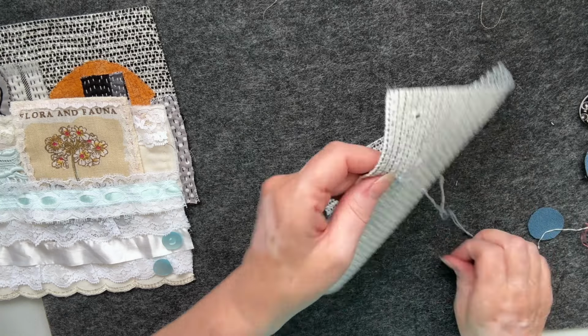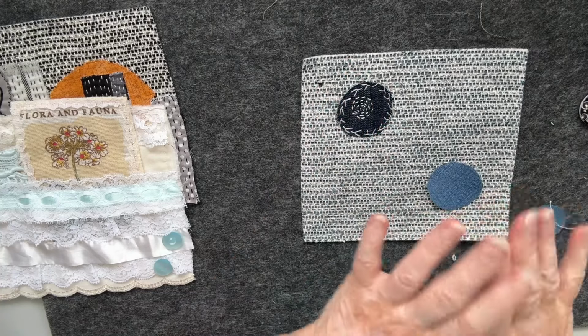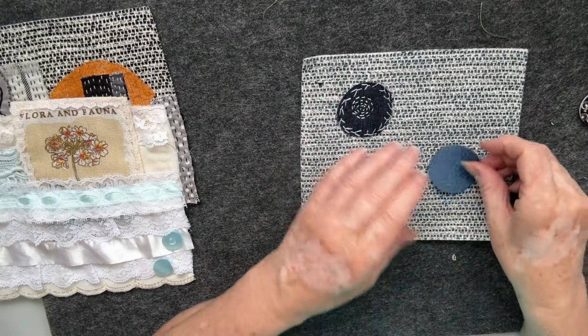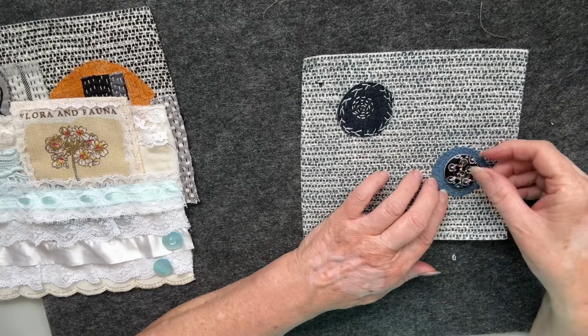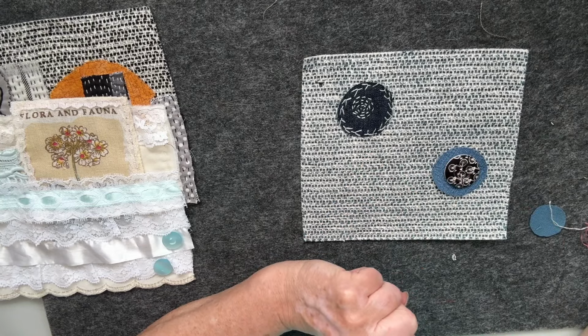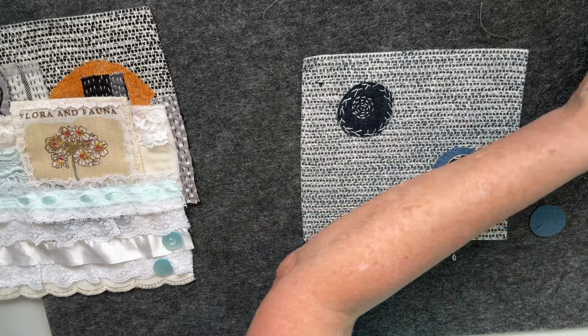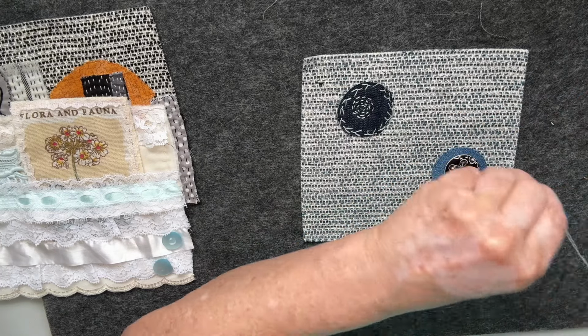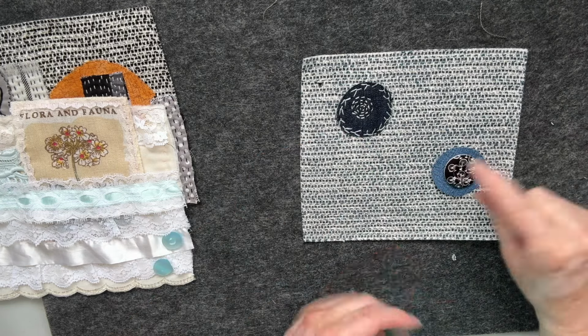And which way up it's going to go, no idea yet. But we're just going to do another one with something else. And I'm thinking I might put the button on this one, like this. Did I get white? Oh, I got a sort of cream colour. I got pink. The pink's on there from the last time I did some stitching. So I'm just going to attach this down